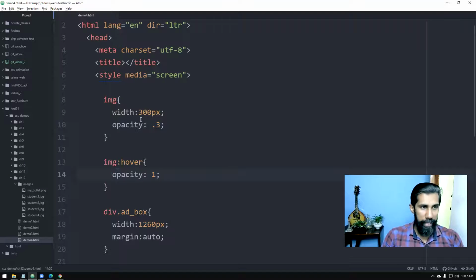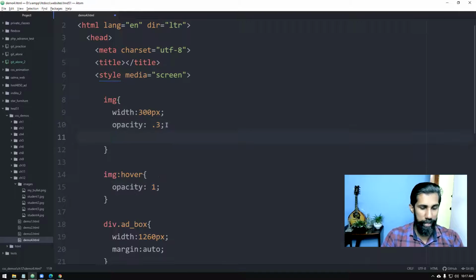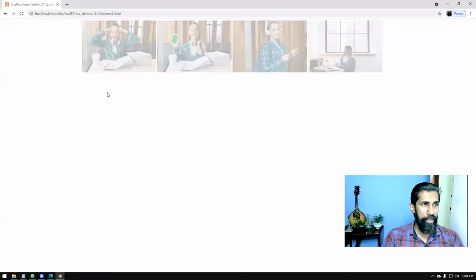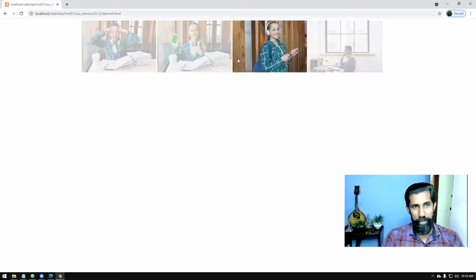In order to introduce the delay inside the image img, you give transition, and you give all. It could be background, border, foreground color, everything. The transition at once will happen. I'm going to give transition all, then I'll give a time for that also. The transition will take place half a second, like this. Dot 5s you give, right? So now when you reload that, there's a tiny effect. I don't know whether it's very clear through this zoom, but that is what's happening very nicely with the image gallery. You can do this, right?